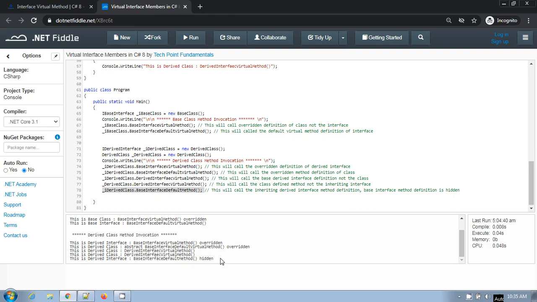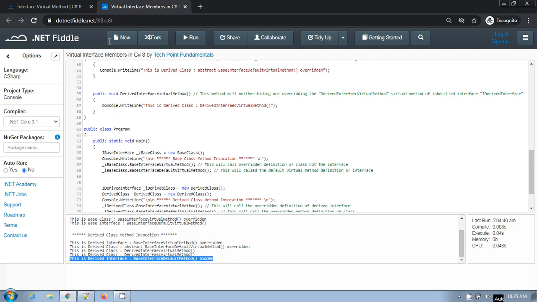If you see here, this is called method hiding. So yes, you can also hide the base interface concrete member definition by providing an implicit implementation in the derived interface with the new keyword.